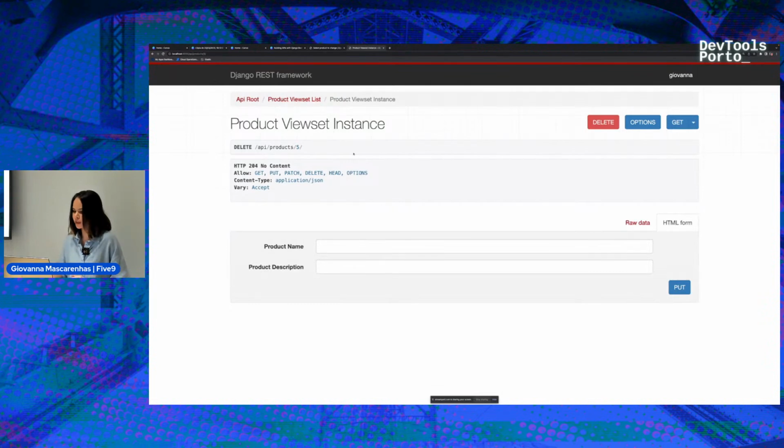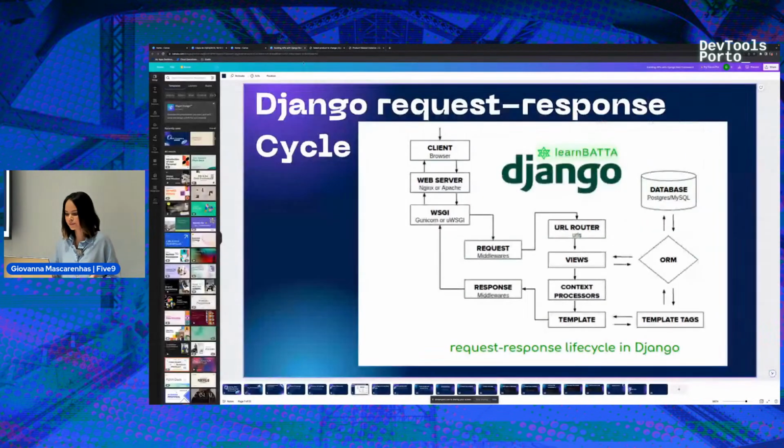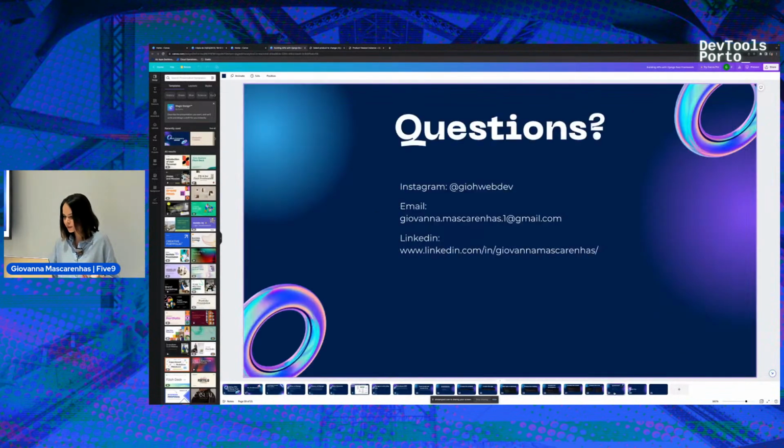So now we can show to our client that we have an admin interface that he can work with in his business, and we have our first API that he can integrate with another front-end technology. So it's done.